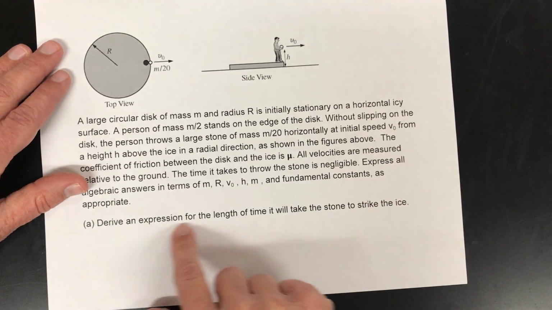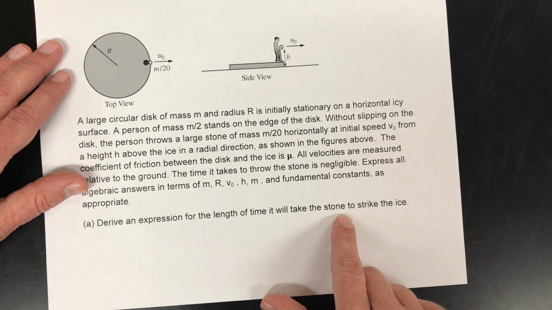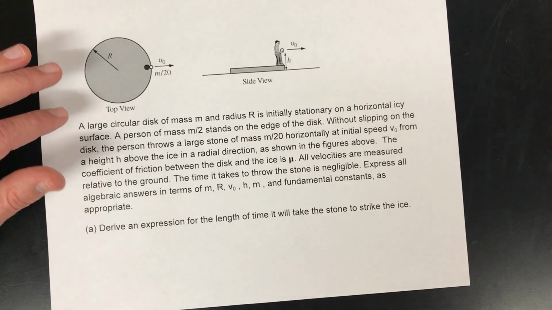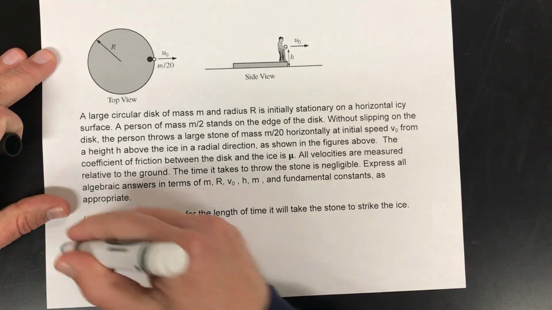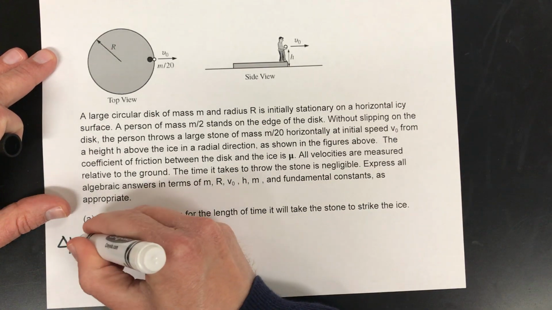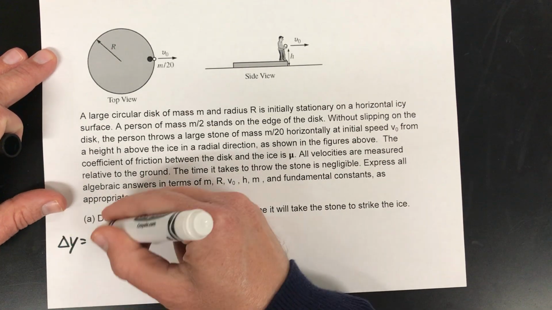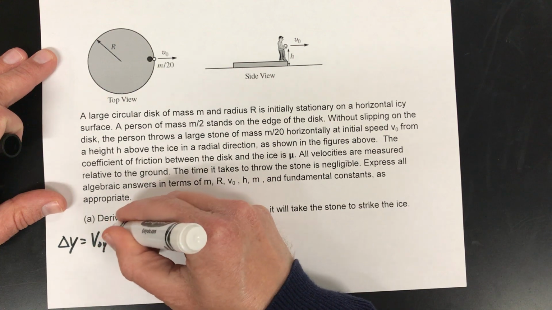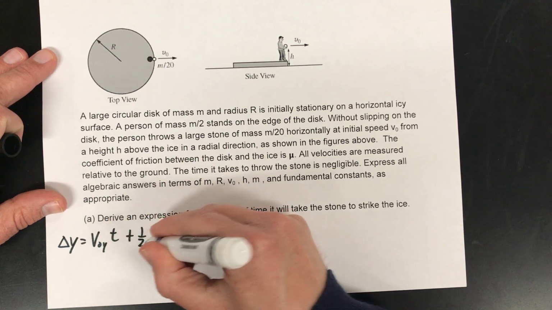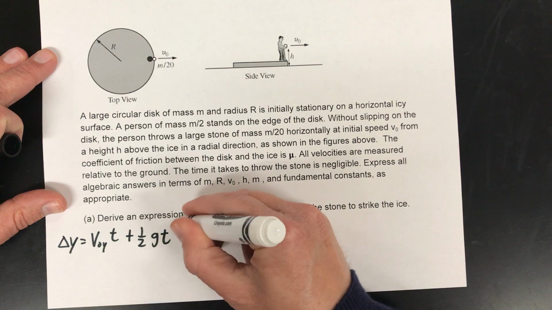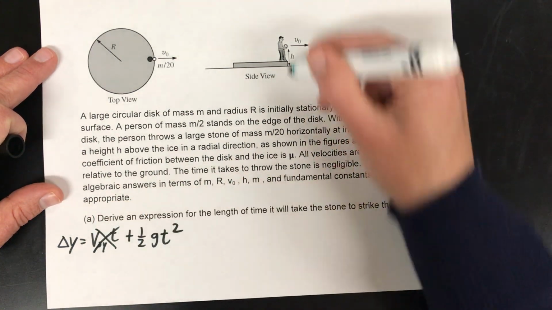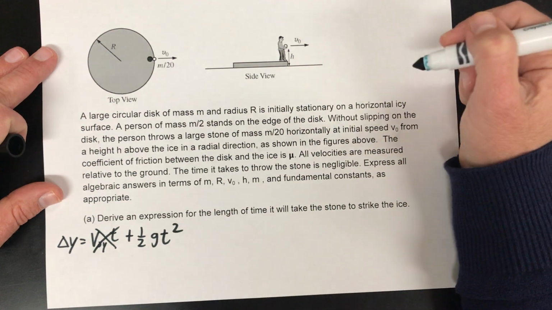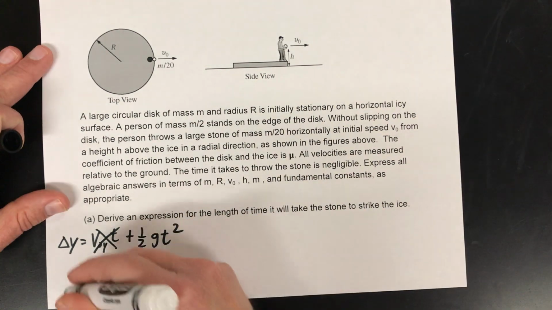All right, so anyway, derive an expression for the length of time it will take for the stone to strike the ice. That is simply a horizontal projectile question. So remember, the useful equation is number 3 there. The vertical displacement is the initial vertical velocity times time plus 1/2 times the vertical acceleration, which is g, times time squared. There is no initial vertical velocity for a horizontal projectile, so that drops out, and that gives us